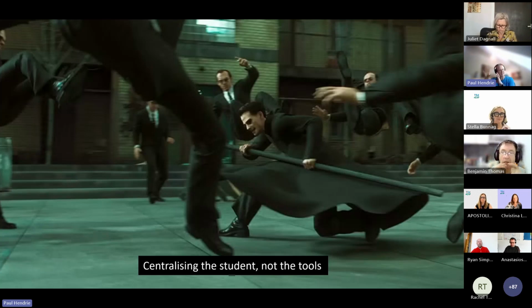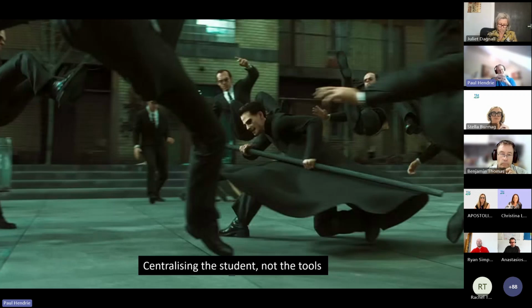But here, this is the image I keep coming back to, because the student, the human, is right in the center. They are exerting themselves. They are doing things that they wouldn't ordinarily do if the agents weren't there, and they're operating at a very high level of effort or engagement. So this to me is a picture I keep coming back to.